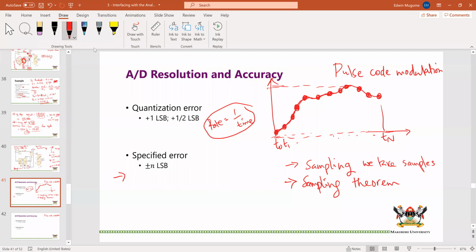The sampling theorem is also called the Nyquist theorem. Nyquist is a guy that found out this theorem, so it's named after him. Anybody knows? If you don't know, let me just state it for you. It states that if an analog signal has a maximum frequency